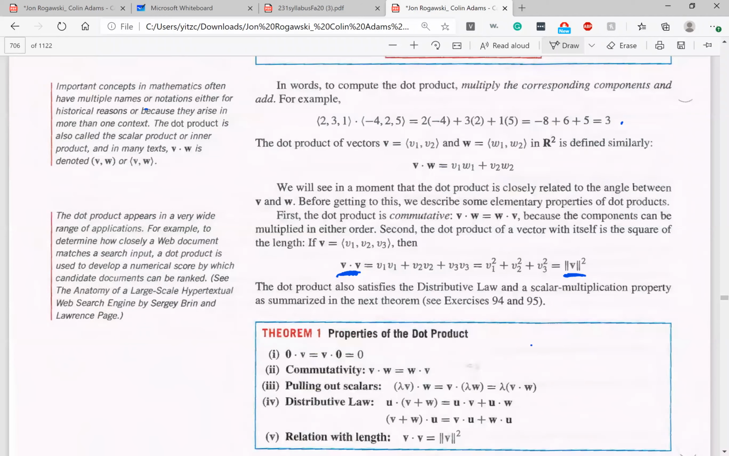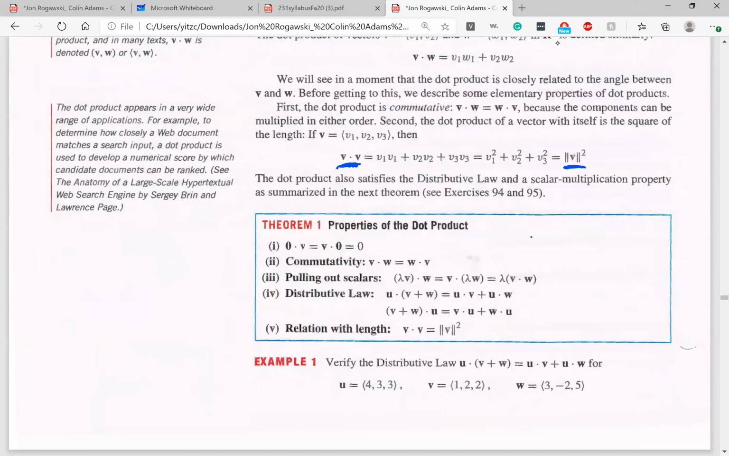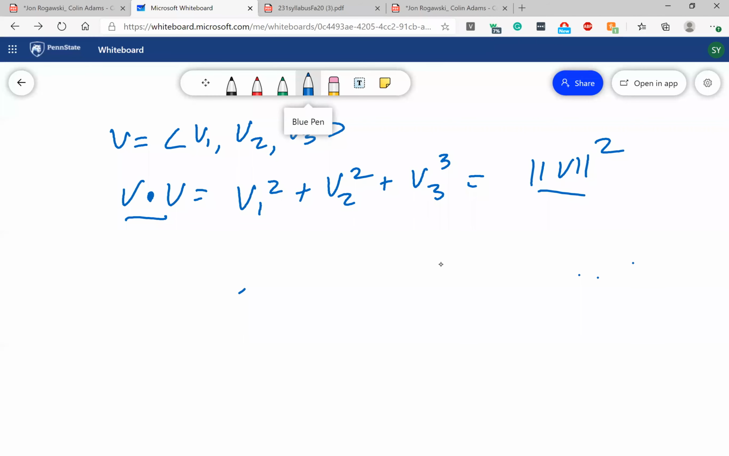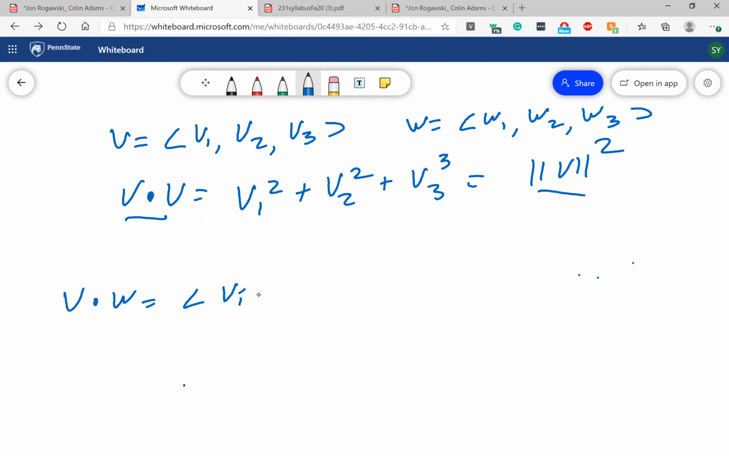So now, some important properties of the dot product is that it's commutative. So V dotted with W is equal to W dotted with V. And the reason for this is fairly simple. Again, let's say that your V is this, and my W is going to be W1, W2, and W3. Then my V dotted with my W is equal to V1 W1